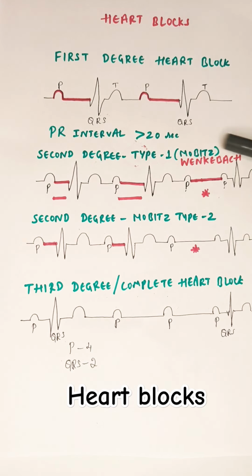In Wenckebach phenomenon, there is a progressive prolongation of the PR interval followed by a missed beat or a dropped beat. A complete heart block is nothing but Stokes